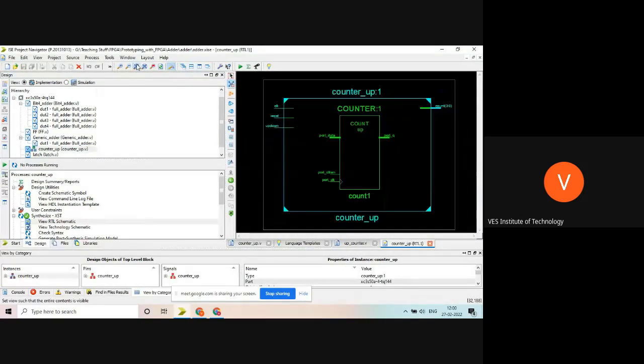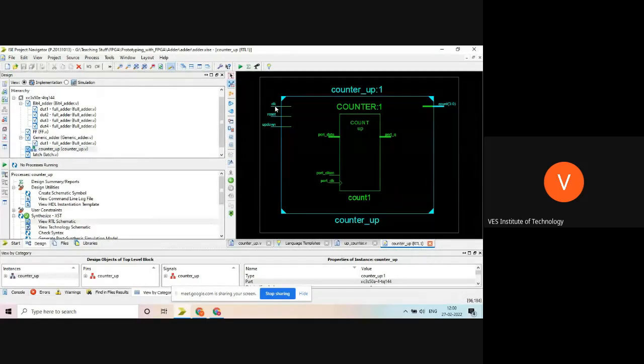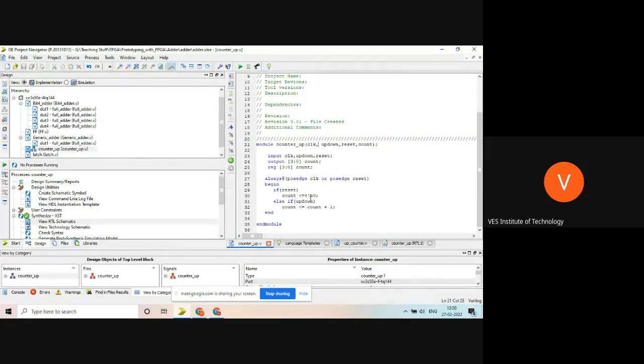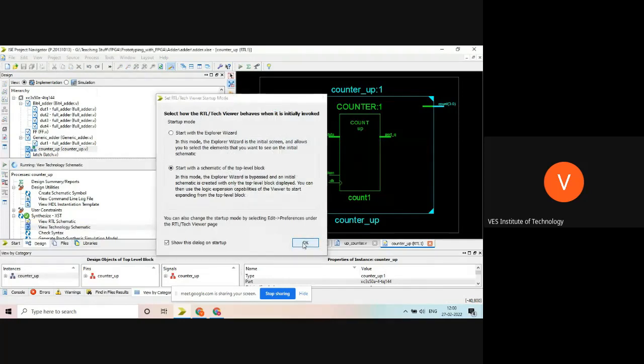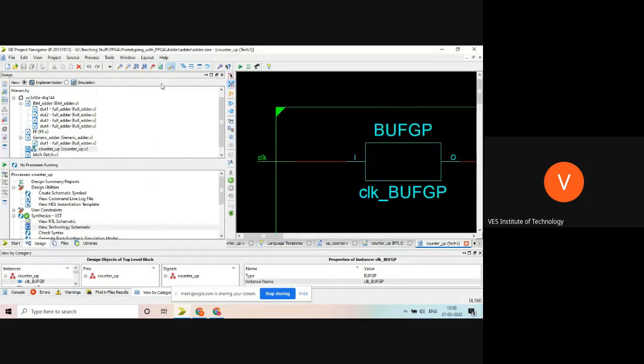Okay, you can see this is a counter which will have clock, reset, and up down. Here we are using different types of assignments. We will talk about these assignments later. I'm not using an equal sign. I'm using these assignments, which are called non-blocking assignments. What are non-blocking assignments, and what are blocking assignments? We'll talk about it later. Right now we have used non-blocking assignments, and you can see this is a counter which I have made.